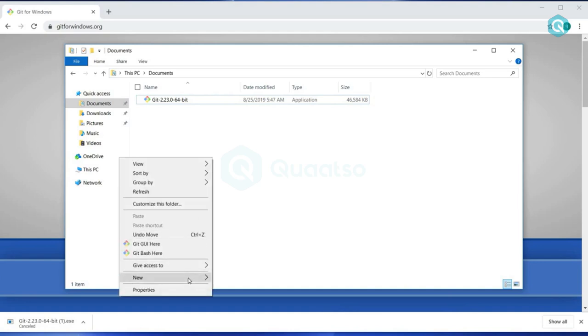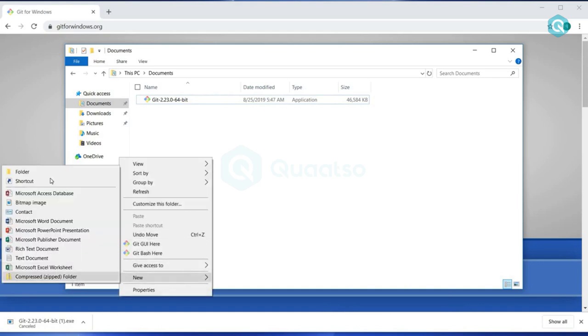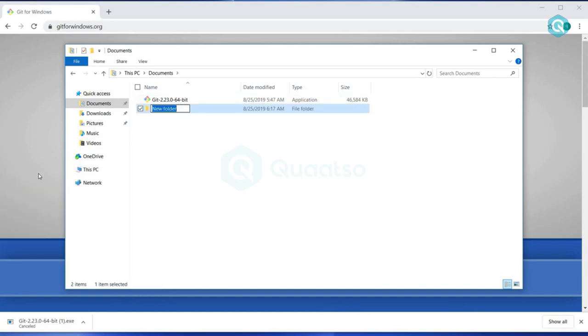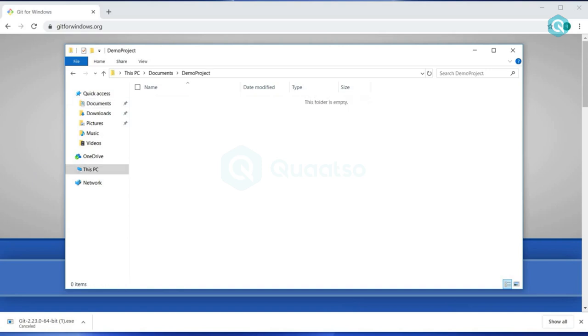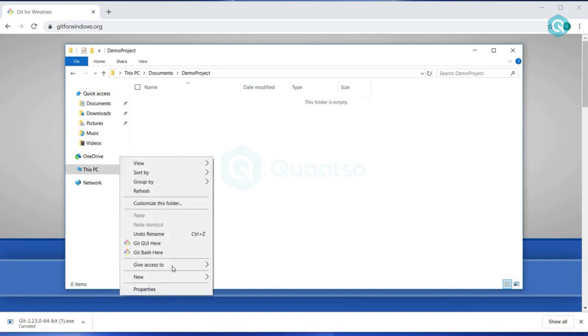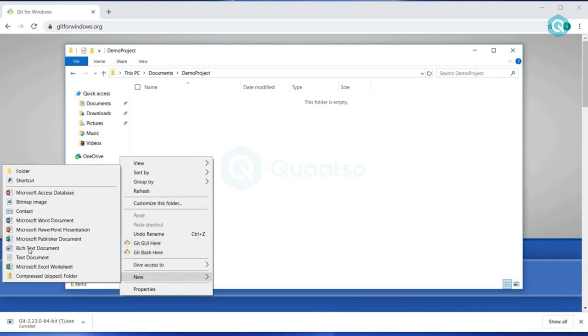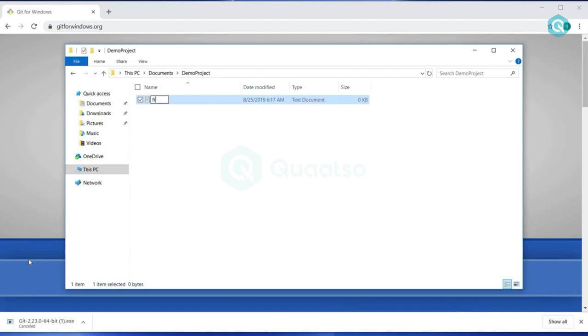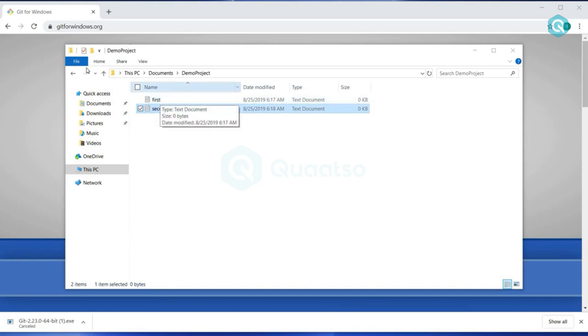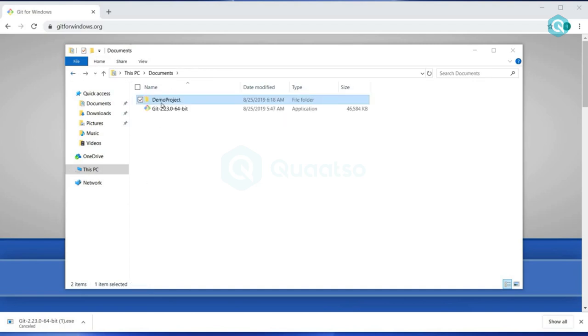So just create a folder with any name. I'm giving the name demo project, and inside this folder I'm going to create two different files. So the first one is first file.txt and another text file with the name second. Okay, inside these files I haven't added anything. I'm just going to the parent folder,